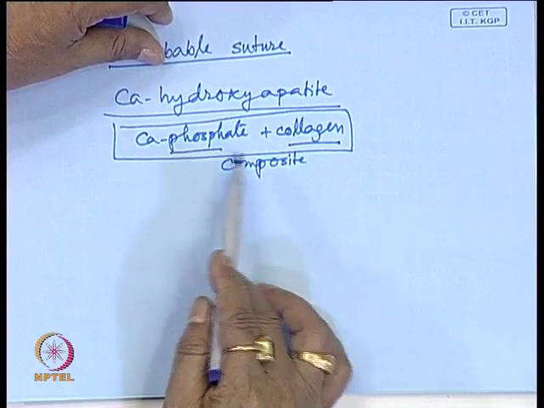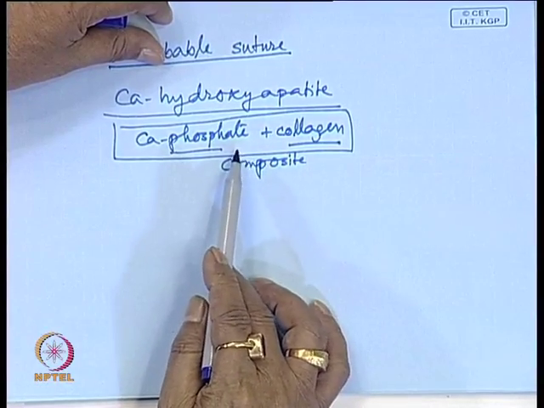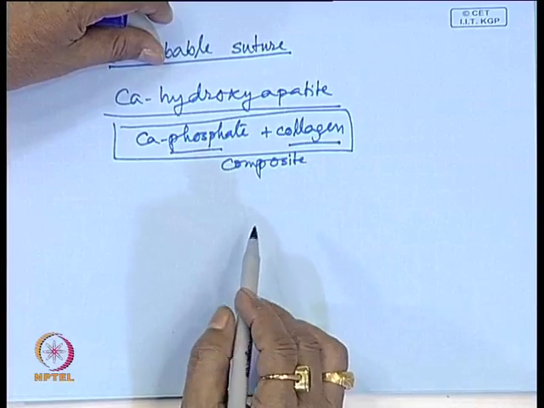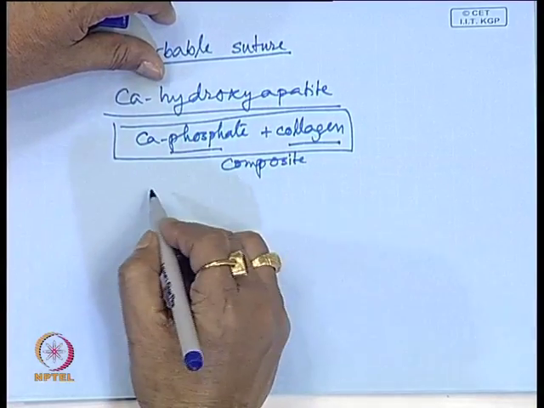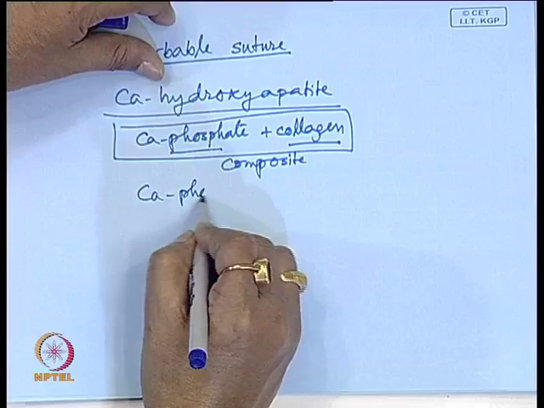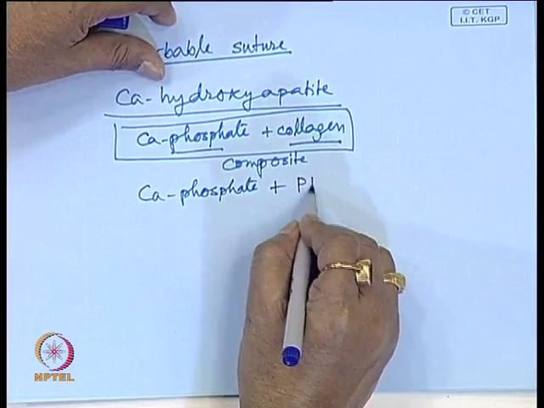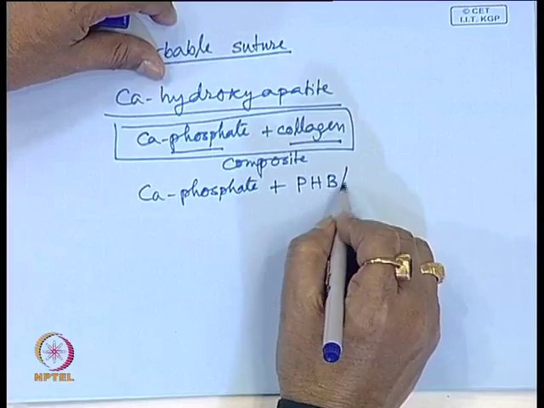Okay. Or you can take some composite made from collagen, calcium hydroxyapatite, calcium phosphate or some other polymer, say polyhydroxybutyrate or valerate,